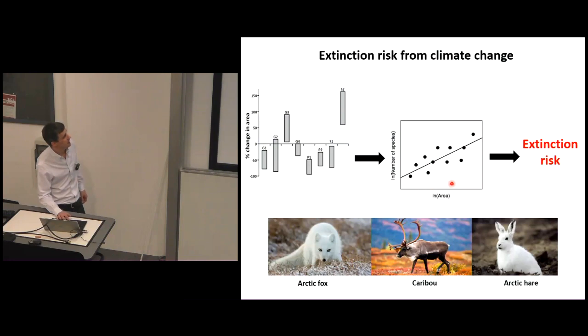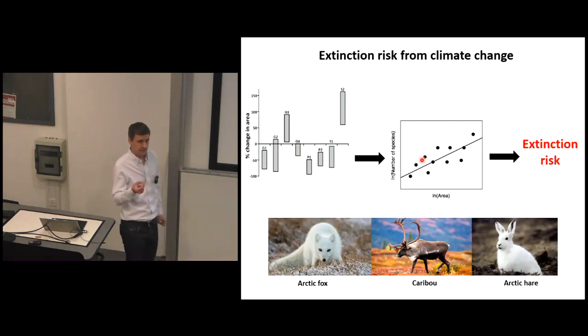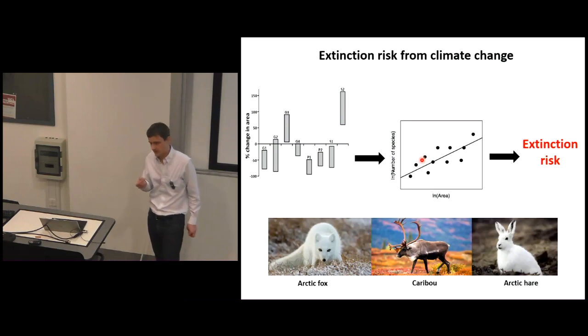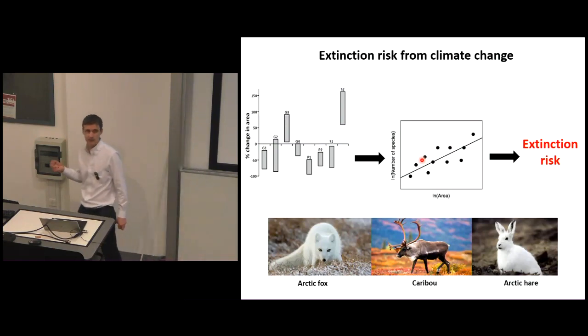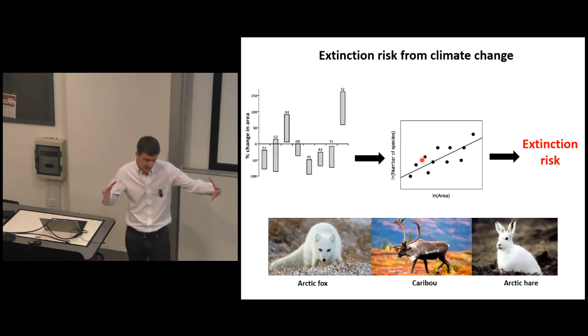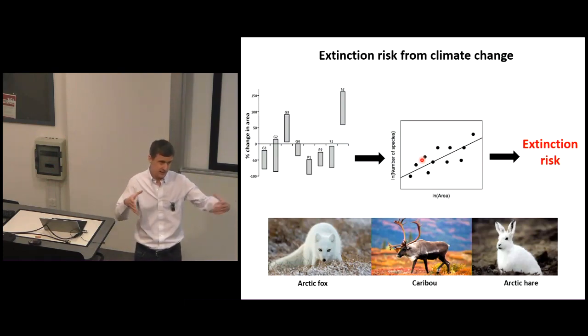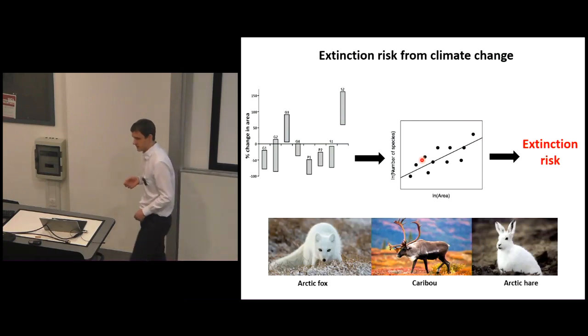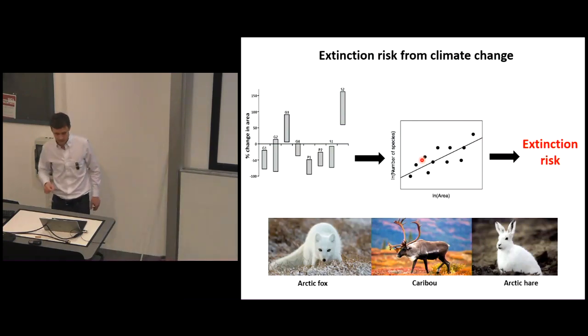But essentially, what we're doing then is predicting that less area will mean fewer species. And this kind of relationship, here's one example from the Arctic, has been really widely applied in the literature to infer that under climate change, as certain habitats are shrinking and distributions are shrinking, we would expect to see fewer species supported. So we infer increased extinction risk.